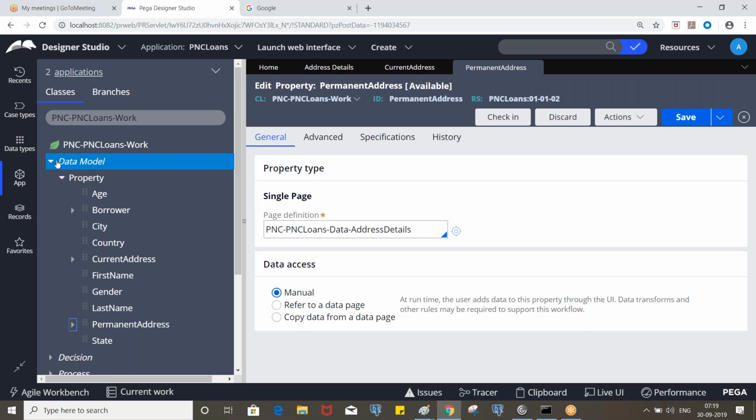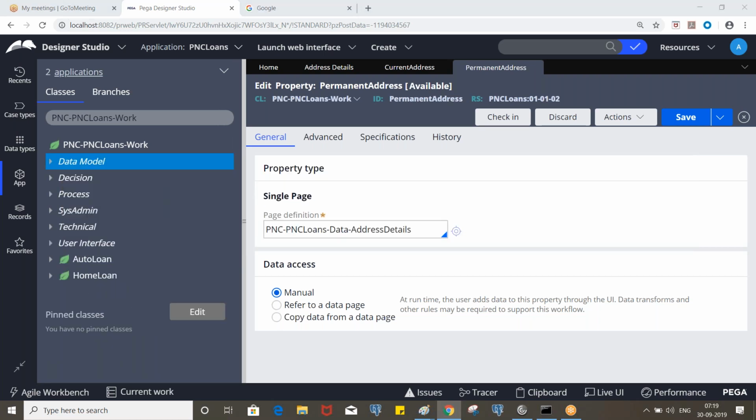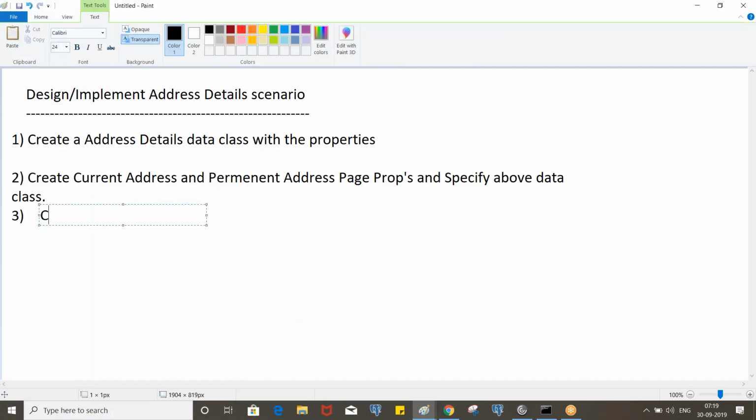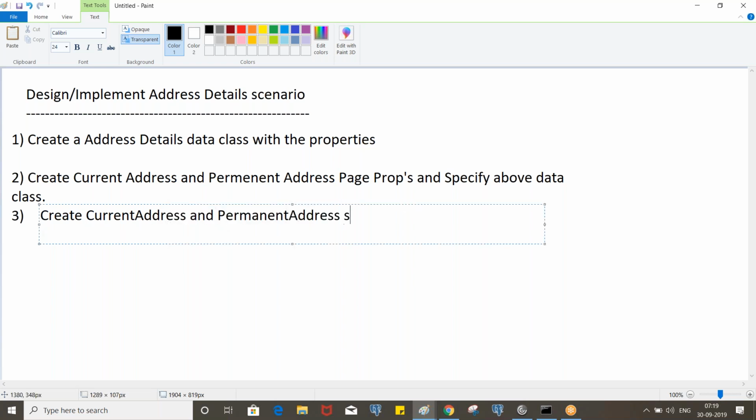Okay. So now the next step, create current address and permanent address sections.